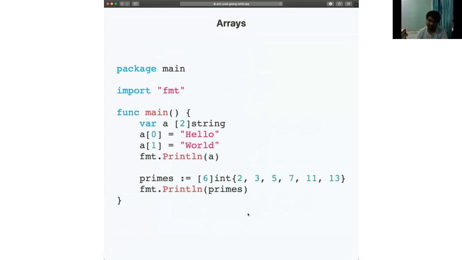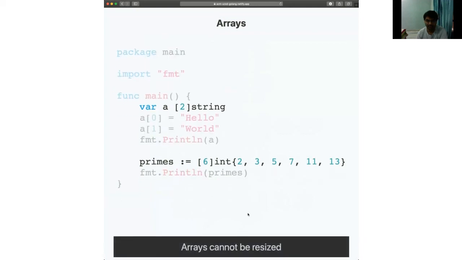So they're pretty standard, I guess. To write arrays, you can use the brackets. In between the brackets, you have the number or the size of the array, and follow it up by the type. And you can also use this notation to initialize and set the internal values of the array at the same time.